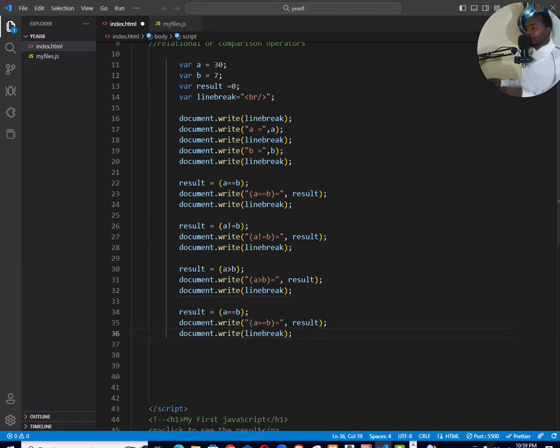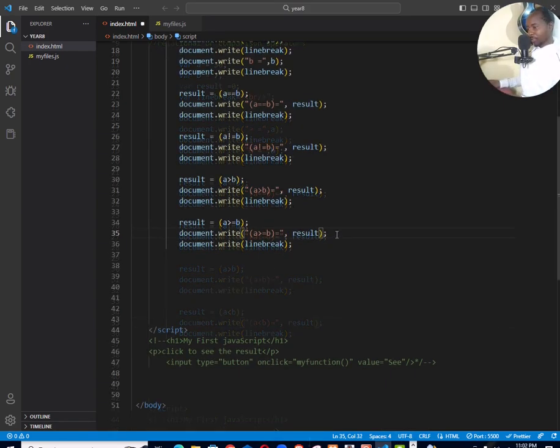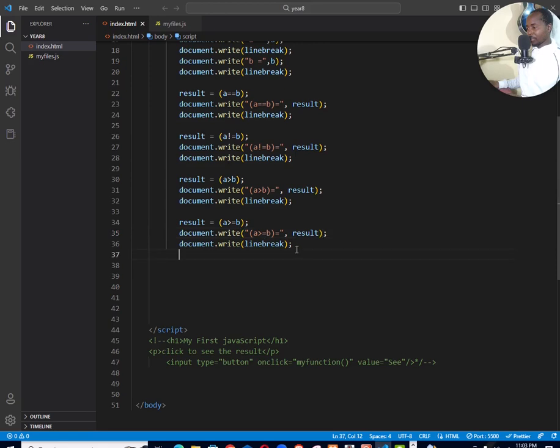And the next thing we do, we look at less than. Let's do less than and see the result we are going to see. So we also change the symbol here so that we are able to see what answer we are getting. So when we save, then we change that one there. Then we save. Let's see what we have on the browser. We have true. Okay. So let's go back here, and I'll try to do the same